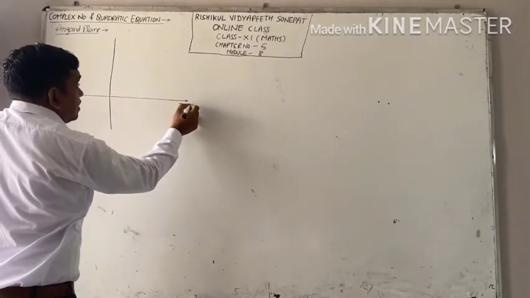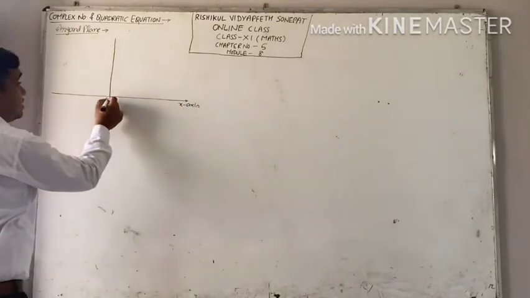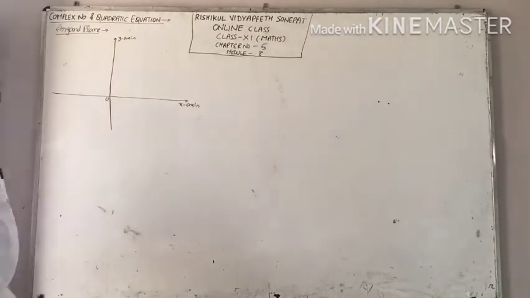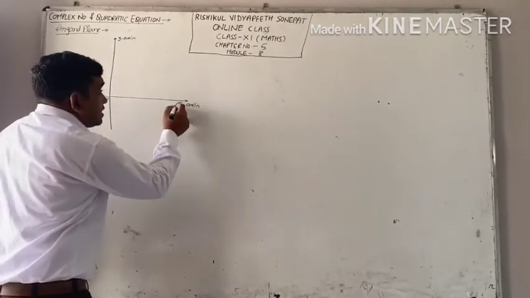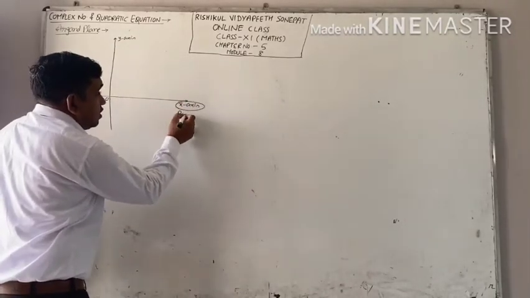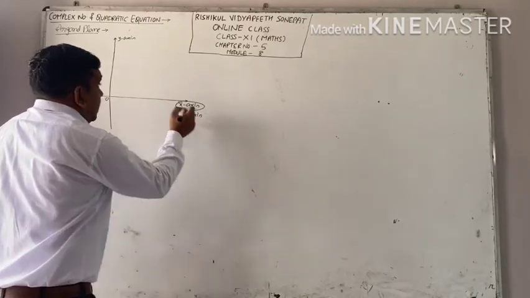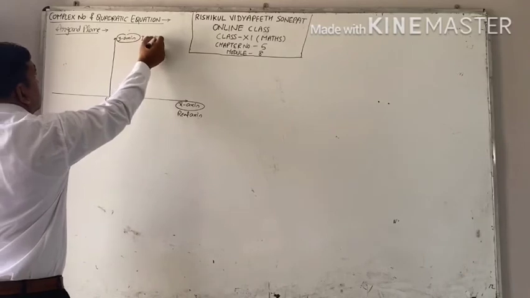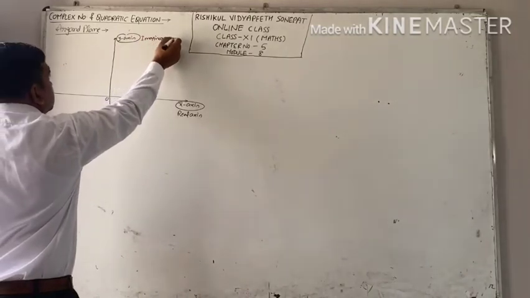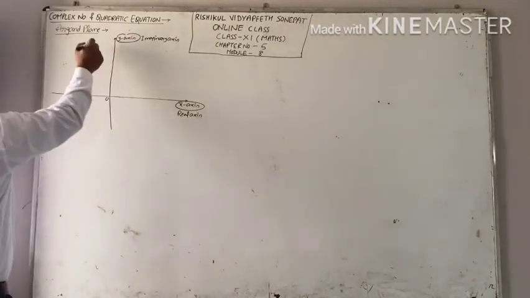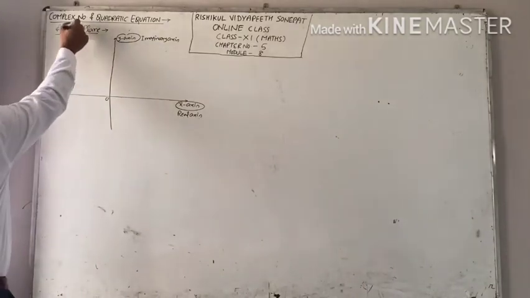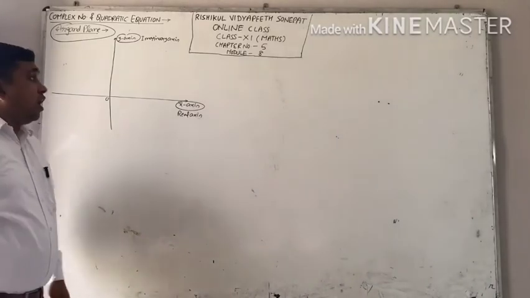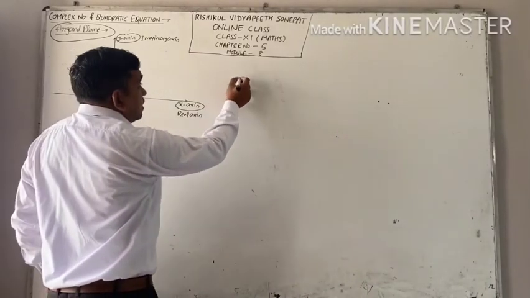In previous classes, you write like this is x-axis, this is y-axis. But in complex numbers, this x-axis will be converted into real axis and y-axis will be converted into imaginary axis. And the name of this whole plane will become the Argand plane. Now see how you can represent a complex number in the Argand plane.